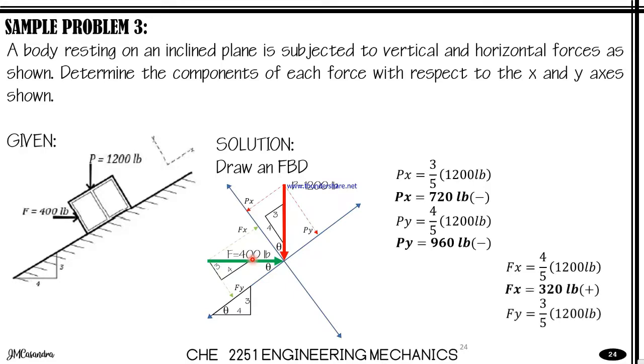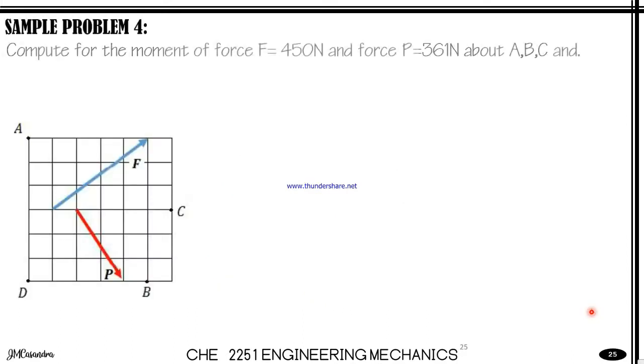And we have for Fy, this will be 3/5 times 400, which will give us negative 240 pounds. Kindly correct this one. This should be 400. Okay. So next, we have sample number 4. For the given diagram, compute the moment of force F